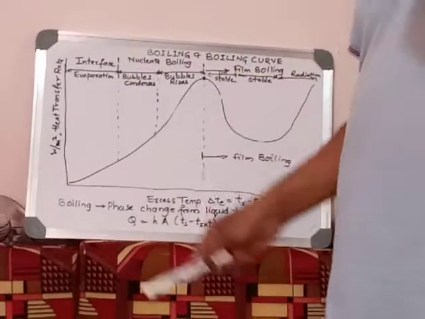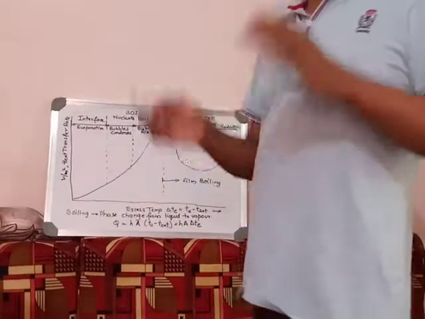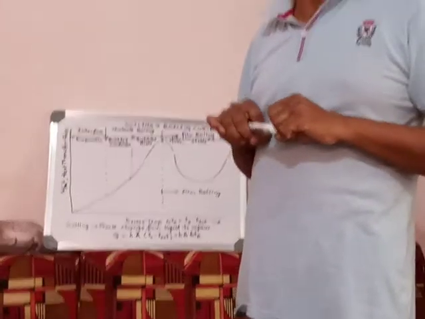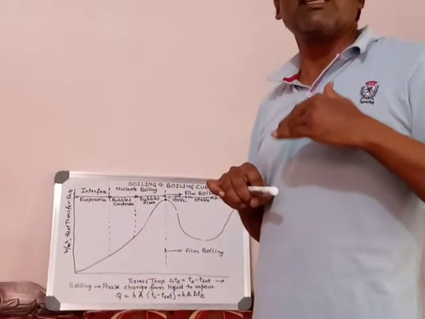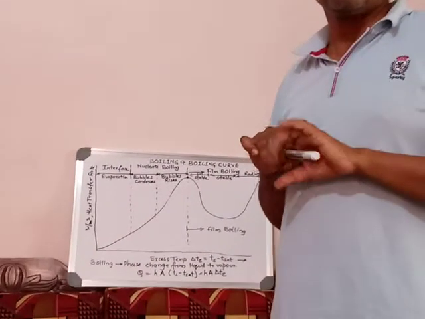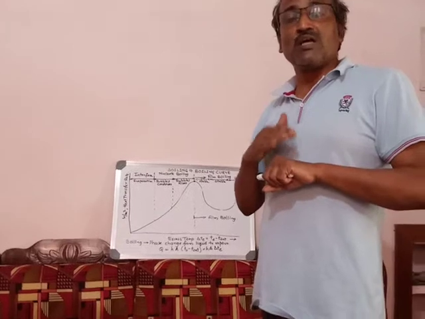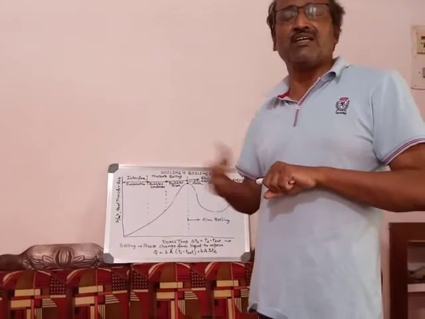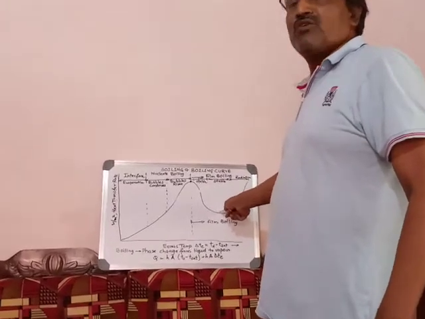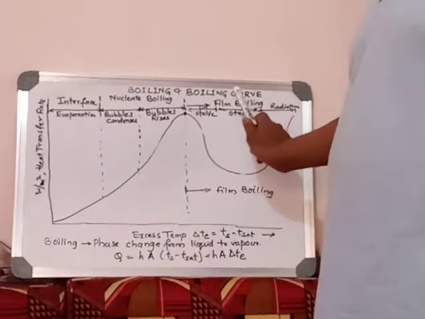Initially the film is not stable and some rupture will be there, but when you come to the stable film, the entire nichrome wire is completely covered by the bubbles. Now the nichrome wire is isolated from the surrounding water because of the bubbles. Bubbles are coming in between the water and the nichrome wire. So the nichrome wire is going to be very much heated. That is called the lowest point you can see in the film boiling. A stable bubble will form on the nichrome and create a blanket.